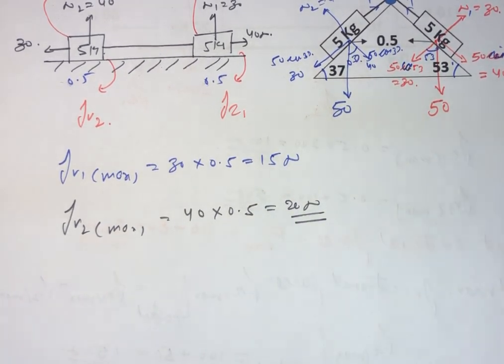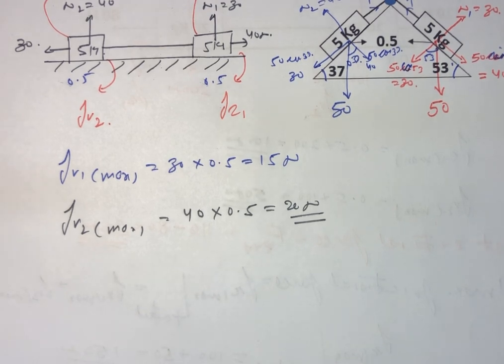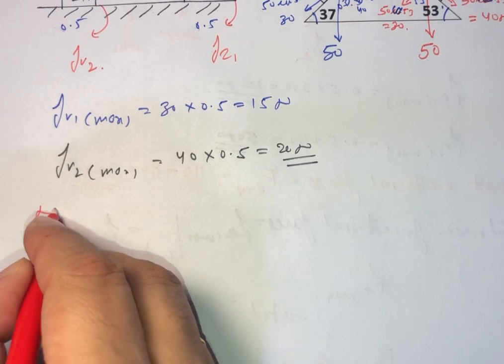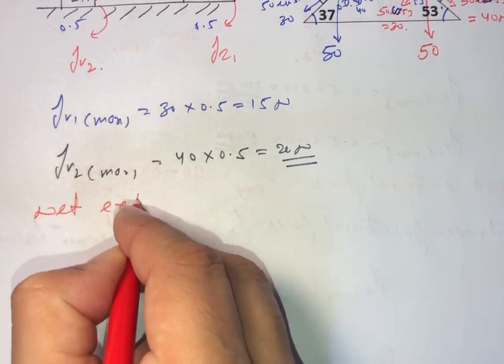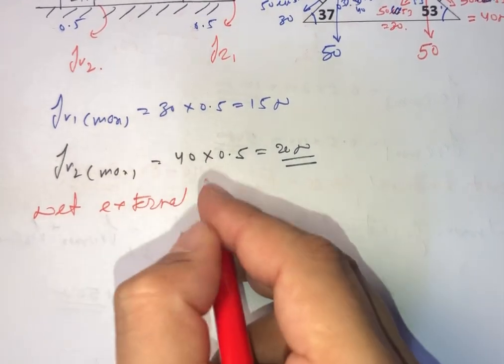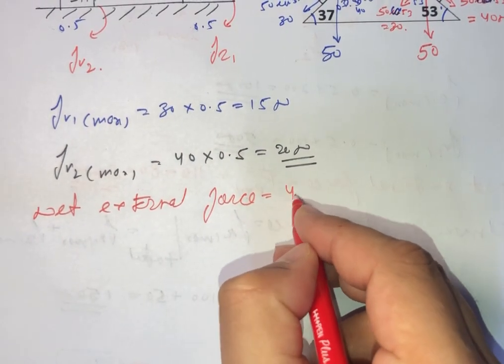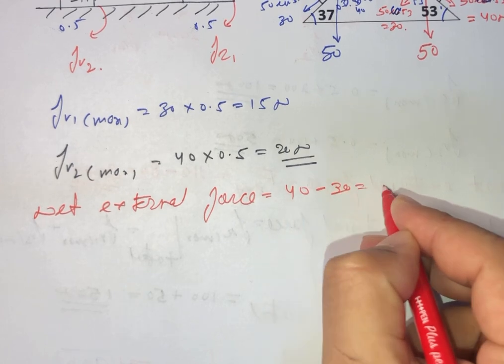Now once again we find out the net external force, which will equal 40 minus 30, coming as 10 Newton,